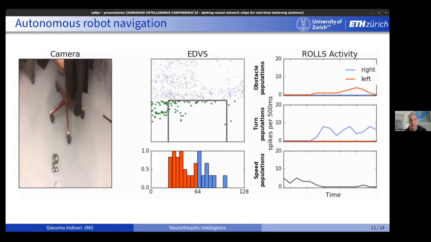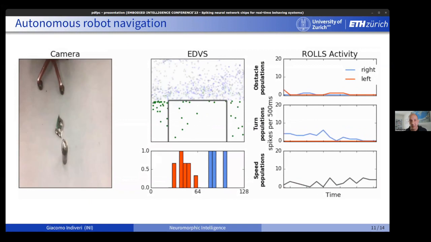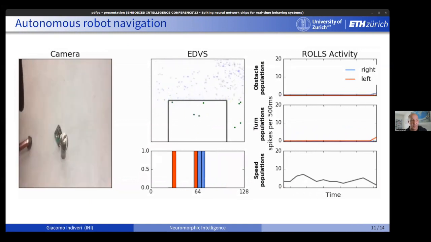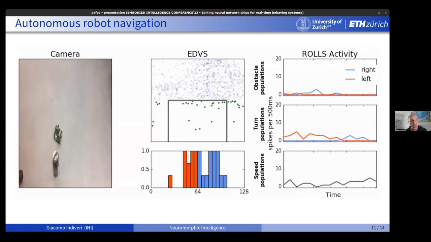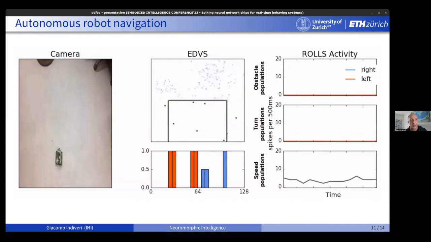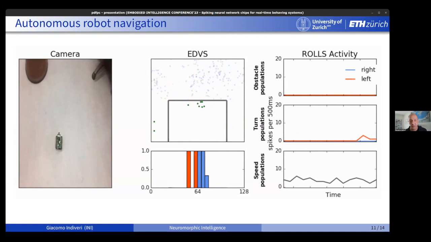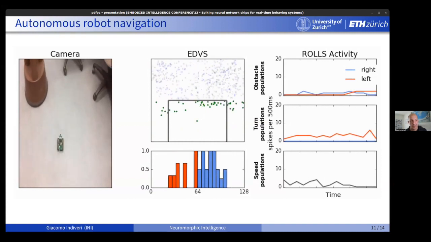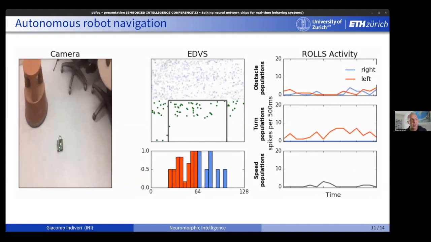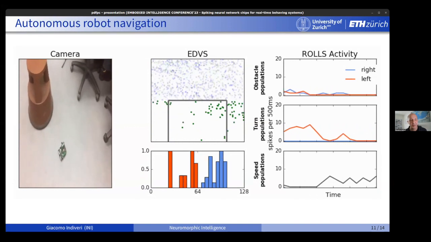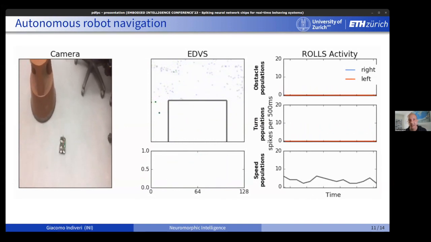The spikes are very sparse, which means that every spike is a few picojoules, and if you have tens of them, you might get to a total consumption of microwatts. But this is just to give you the idea that we don't have any bandwidth limitation. It's not like when you have a high resolution camera and you need to transfer all of the data out. This is just a small number of bits per second that needs to be sent out of the chips to